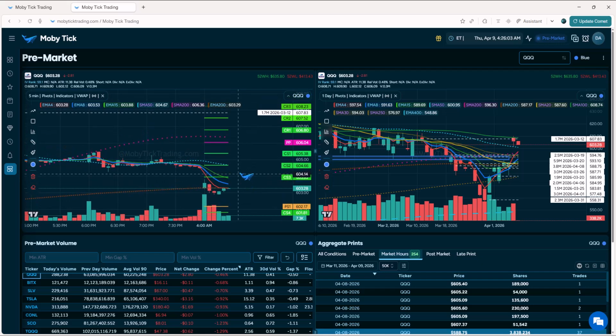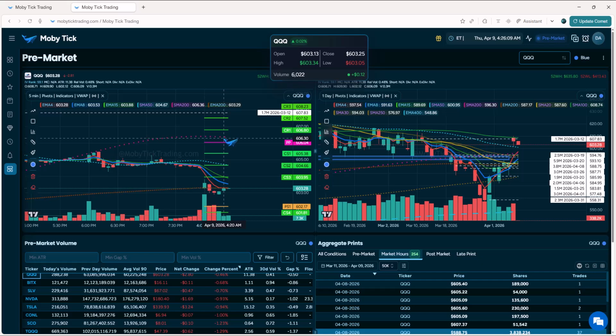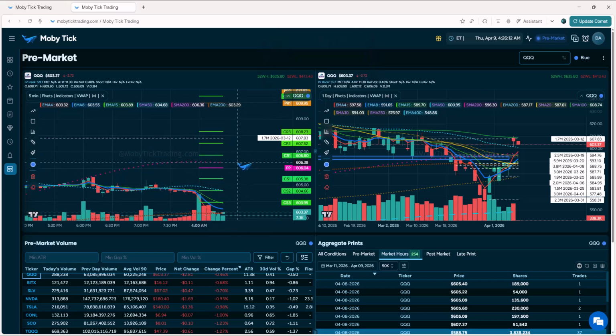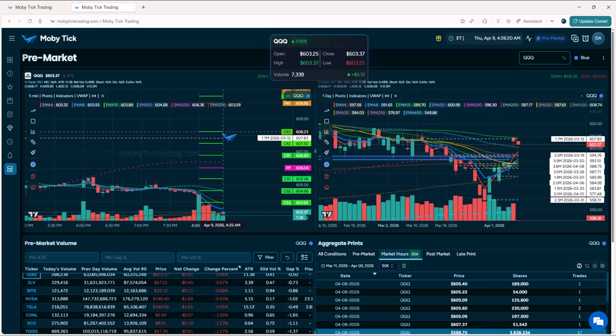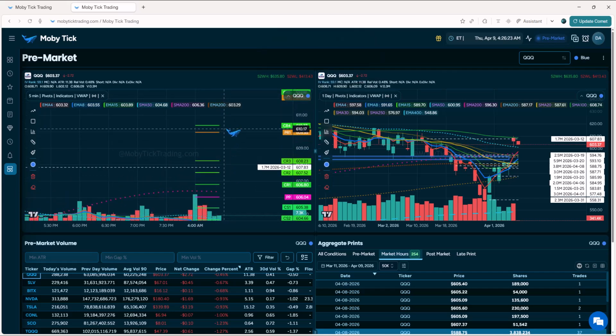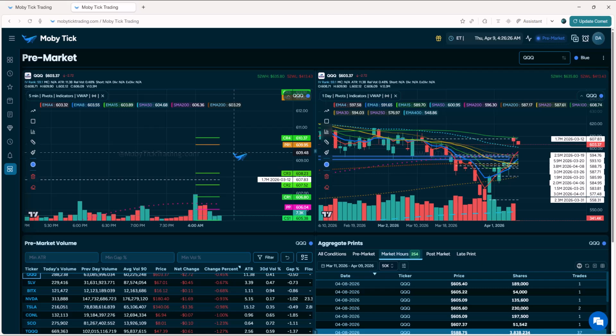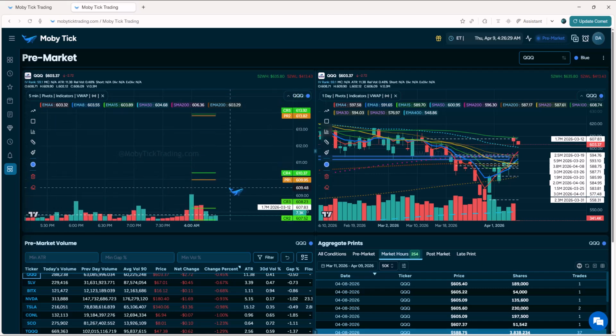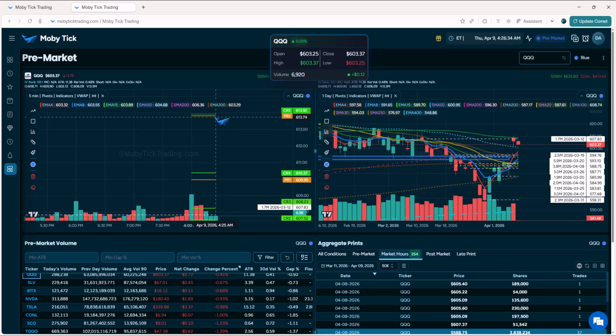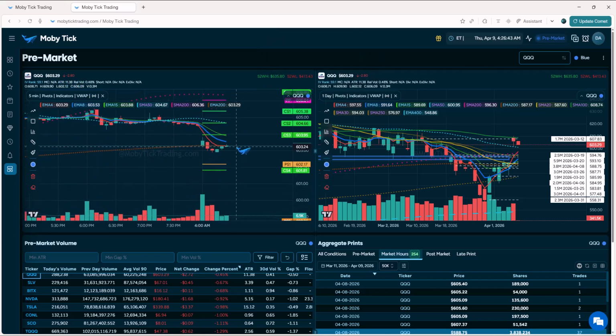So 605.38, 606.04 is the pivot, and then right in here I've got my 200 simple moving average. 606.80, 607.52, 607.83 is this 1.7 million, and 608.23 is a cam. Then I've got 609.95, 610.37, and then 612.50, 613.82, and 613.92 up here is this R2. So I went up to this 613. That's a 10-point move. That's about the ATR on that one. So we've got that mapped out.